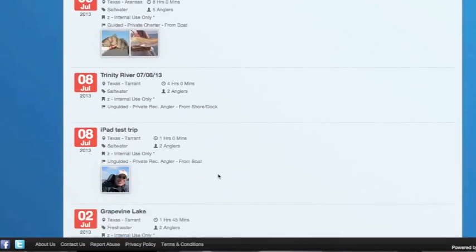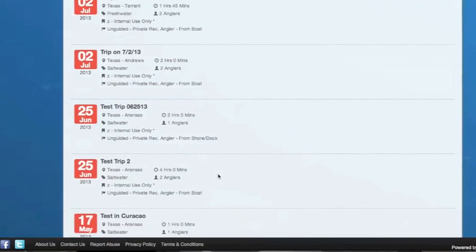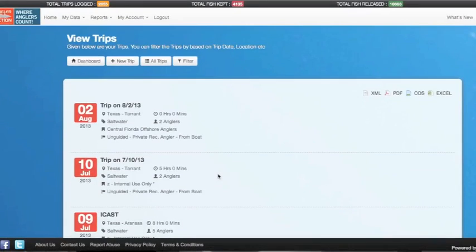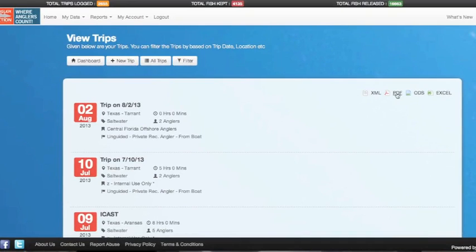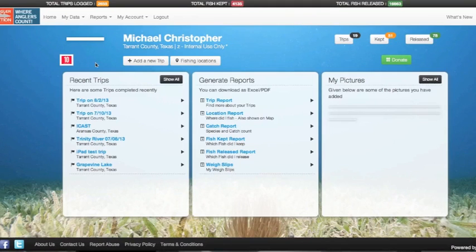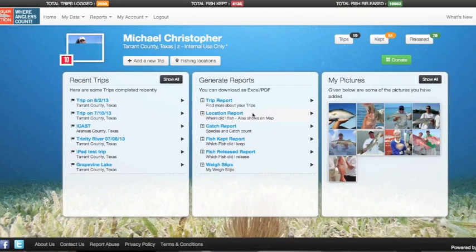All of those trips are listed in date sequence, and you have the ability to actually sort and filter that list based on any types of conditions you'd like. You can also download that in PDF format, Excel format, or any other format that best suits your needs. To go back to the dashboard, we just click the dashboard button, and then we can also return to our